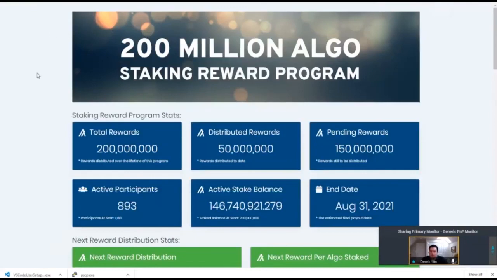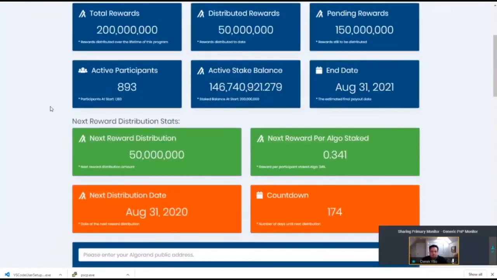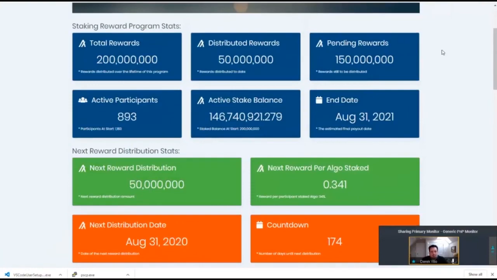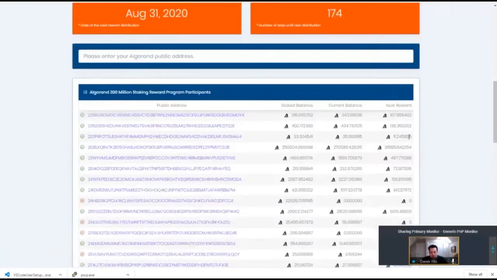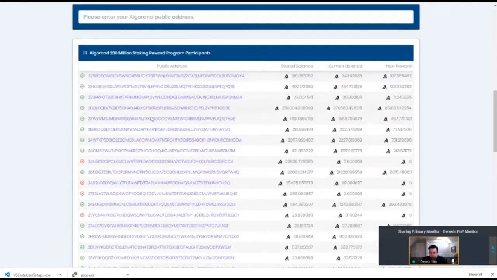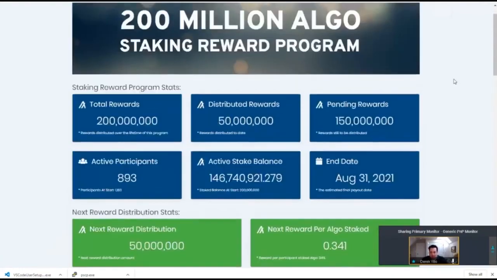This is a group that built a dashboard to help visualize one of the staking rewards programs that was launched on the Algorand network. So this is a dashboard that shows you key stats about this staking rewards program on Algorand. It has statistics. It has a bunch of different accounts and amounts.